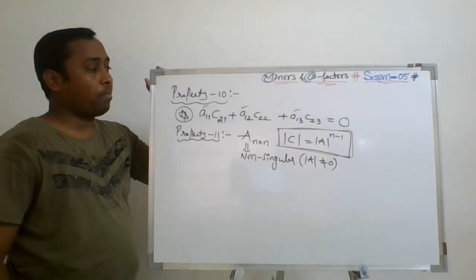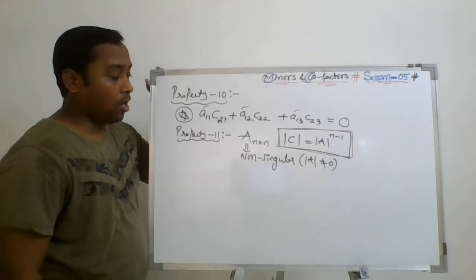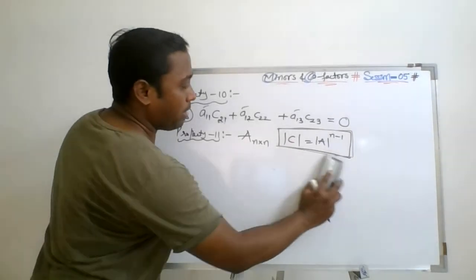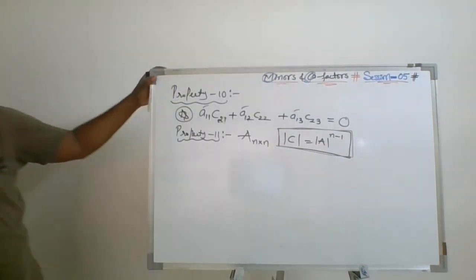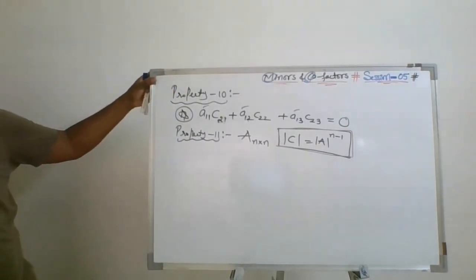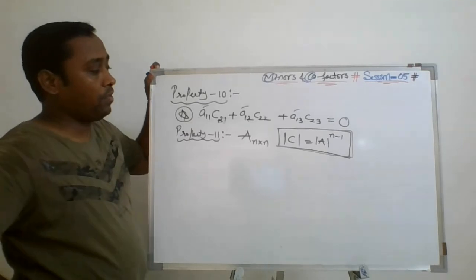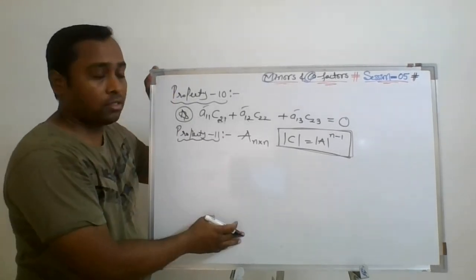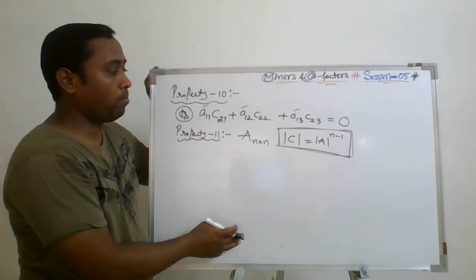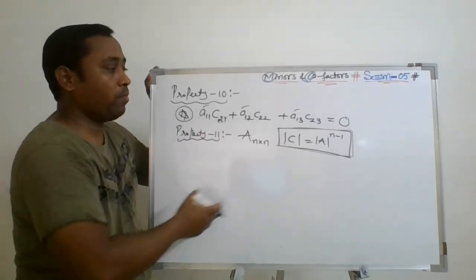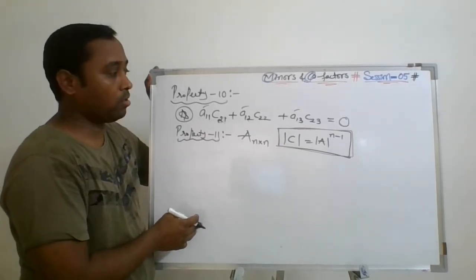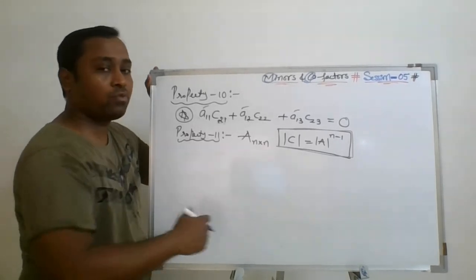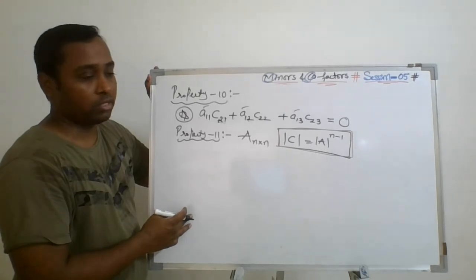Determinant of A to the power n minus 1. Now, how can we say that the determinant of the cofactor matrix is equal to det A to the power of n minus 1? The derivation is not in scope, but if you want, I will explain it later in detail. We just need to remember this. Based on this, one important question we are going to discuss.